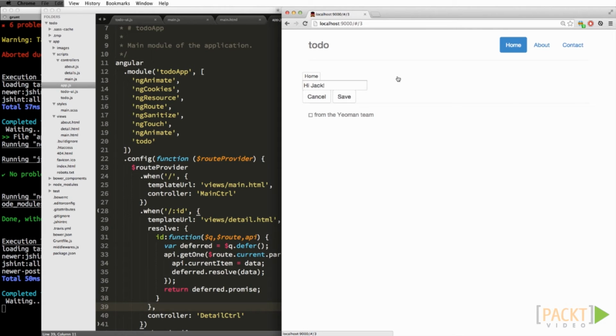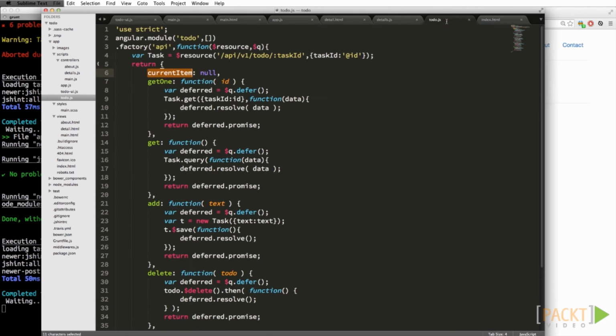So the net result here is the view won't be loaded until all the data is ready, which really doesn't make much of a difference when we're loading off of localhost, but it would make a huge difference if we're loading off the internet, and the API response speeds will vary dramatically in that case. But I'm still not totally happy with this implementation. Since the API already returns a promise, it seems rather silly to wrap one promise in another. So let's fix that by having the API remember its own current item,